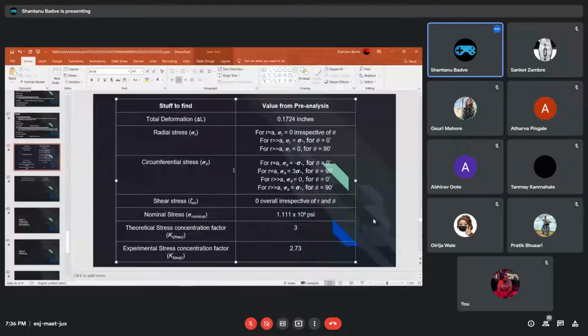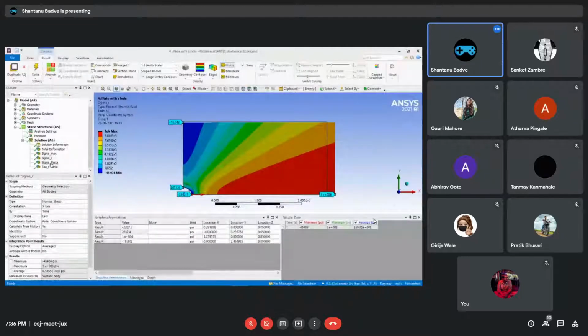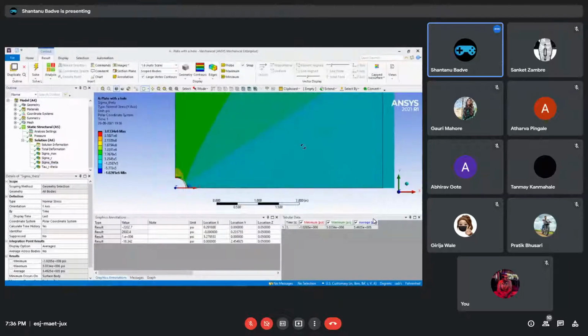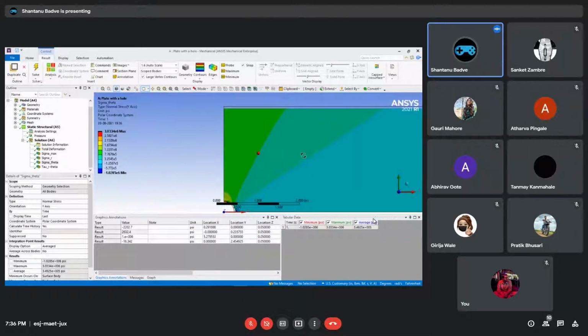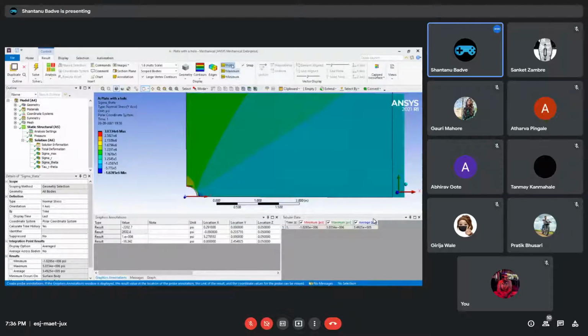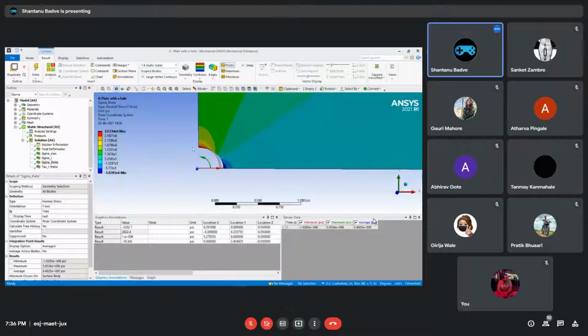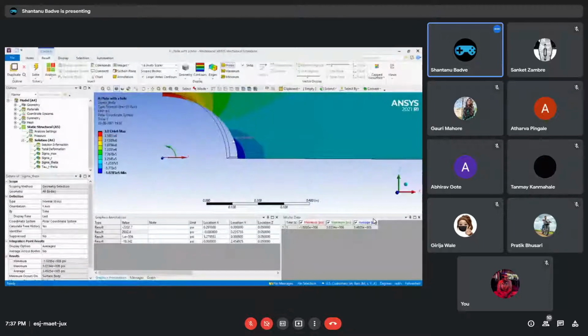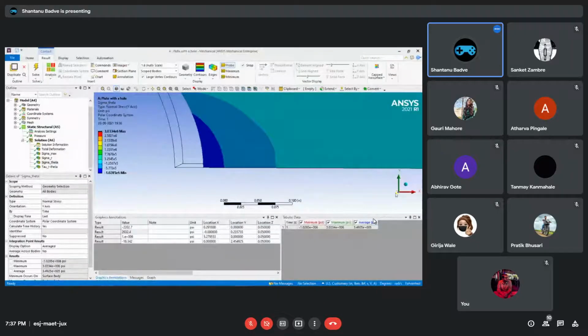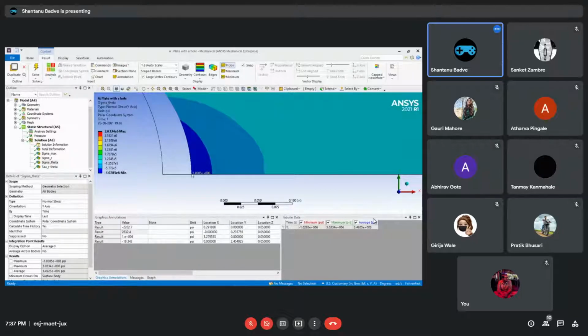We can also check for the circumferential stress. If we just click on sigma theta, we can see that it has a different contouring present over here. Okay, and if we just click on the probe tool and we check at different places, we will see that r equals a and theta equals 0 degrees. So this is r equals a and theta equals 0. We got minus 1.0285 E6.